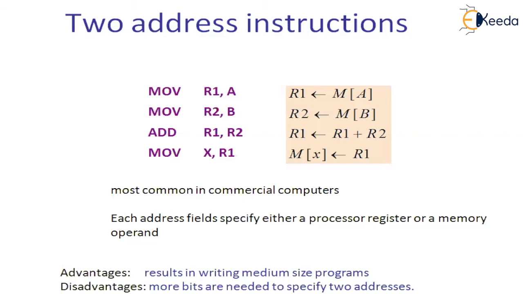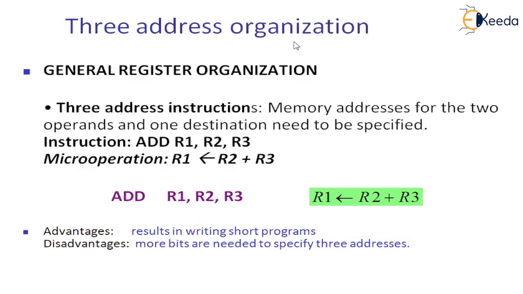These are the most common in any of the computer systems. Two address instructions or three address instructions are most common in any computer system. Either your system or my system follows either two address or three address instructions, most probably a combination of both. When it comes to three address instruction, it is simple: R1 is equal to R2 plus R3. R2 and R3 will get added and transferred to R1. Okay, I hope you got it. There is nothing much to talk about three address instruction.